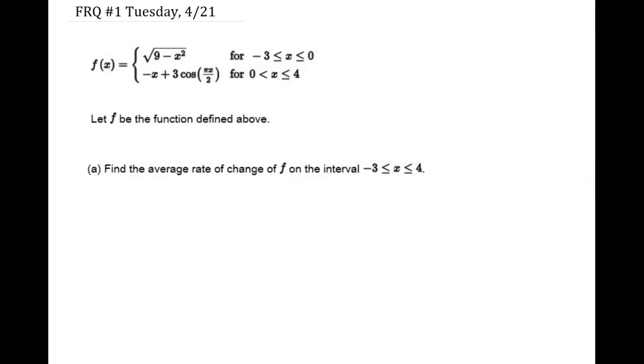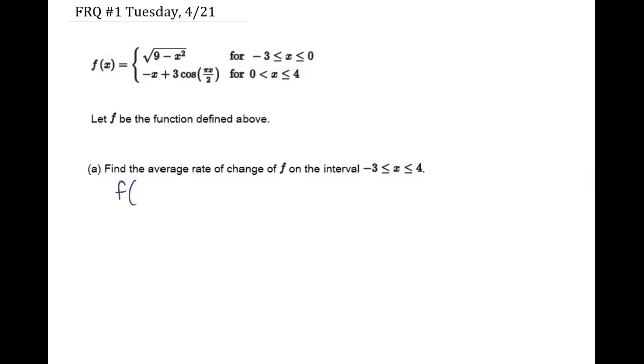For this first FRQ, we have a piecewise function as defined, and we want to first find the average rate of change of f on the closed interval from -3 to 4. So keep in mind, average rate of change is just slope. So we will look for change in y over change in x, which is just